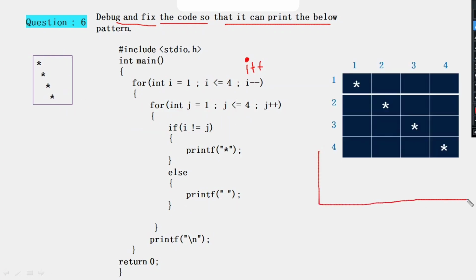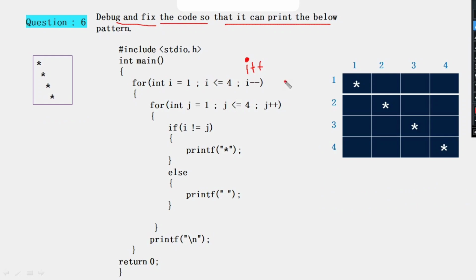So here is our pattern which I have put into a matrix so that it will be easy for you to understand. So this pattern is exactly the same as this pattern. Okay, so while solving a pattern based question, if you are not getting the logic, then try to convert that pattern into a matrix, then you can easily print that pattern.